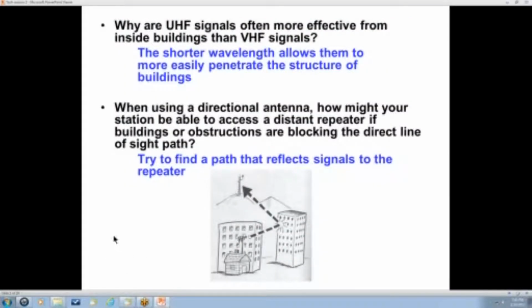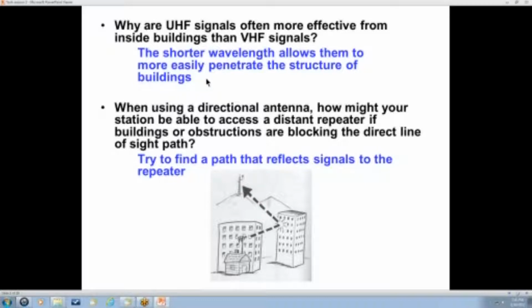Okay, why are UHF signals often more effective from inside buildings than VHF? The shorter wavelength allows them to more easily penetrate the structure of buildings. If you think about a 2-meter signal, a 2-meter wavelength is over 6 feet, about the height of a door. And a lot of buildings have windows, of course, that are smaller than that. So the shorter wavelengths of the UHF signals, 70 centimeters, a couple of feet,